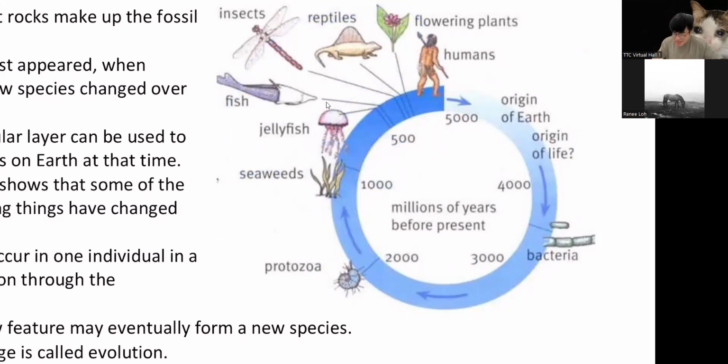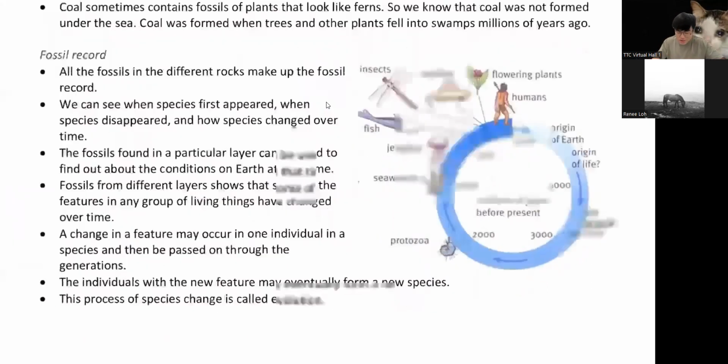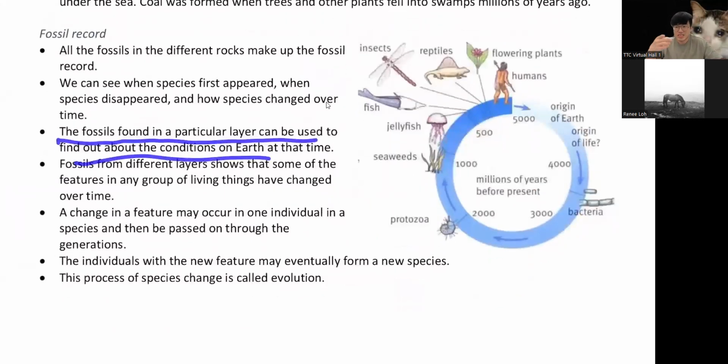Okay, so 50亿年前哦，50亿年前就是我们 Earth 开始的时候啦。Okay, so that's a really crazy time to think about. That's really long ago. Okay, so the fossils found in a particular layer can be used to find out about the condition of Earth at that time. So 我们就大概知道那个时候咯，好像他们讲 during the Jurassic era, Earth has more oxygen. The atmosphere has more oxygen. Do you know that? 现在我们的 Earth, our atmosphere now is around 21% oxygen. During that time is around 30%.